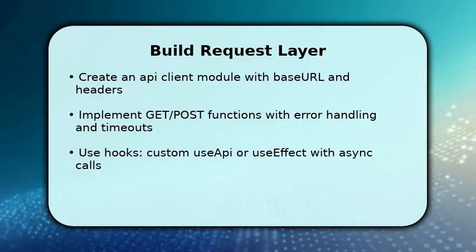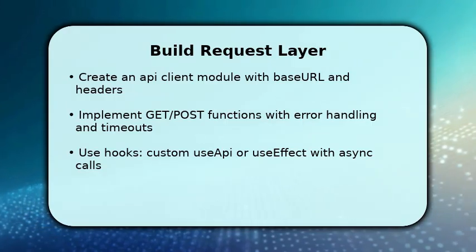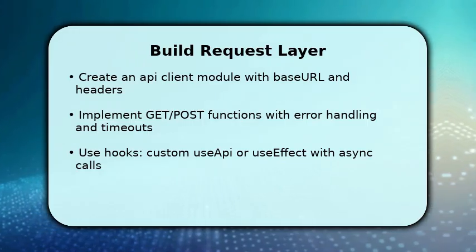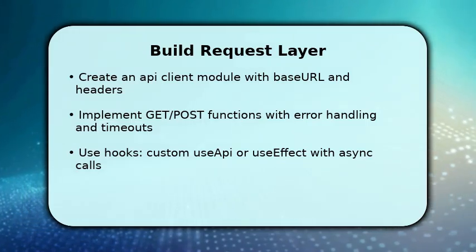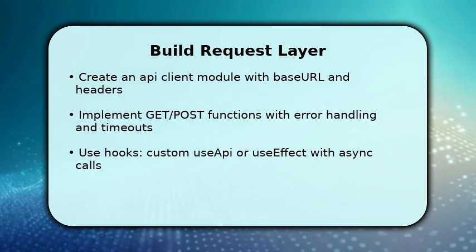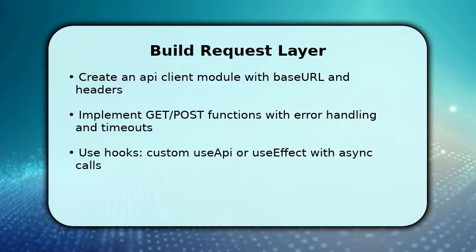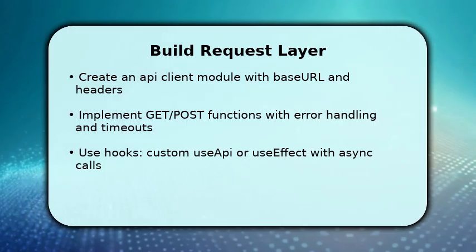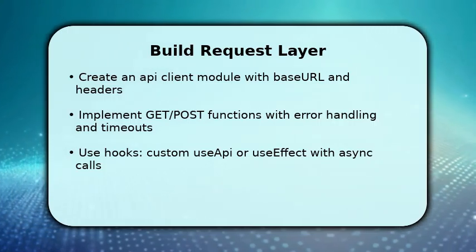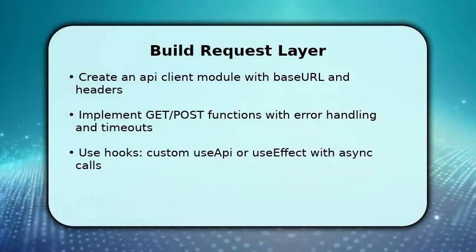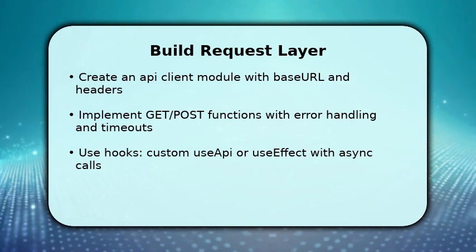Create an API client file that sets base URL, common headers, and interceptors if using Axios. Then write reusable functions for get, post, put, delete with try/catch and sensible timeouts. Next, build a custom hook such as useAPI or useFetch that returns data, loading, and error states. Once complete, call the hook in components using useEffect for initial loads and event handlers for updates to keep